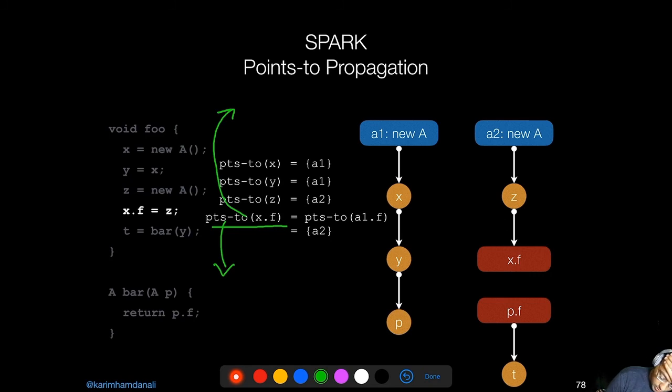Okay, that's fine. So I'm going to write that the points to set of x dot f is basically the points to set of x dot f, right? So what is the points to set of x? Well, it is the points to set of